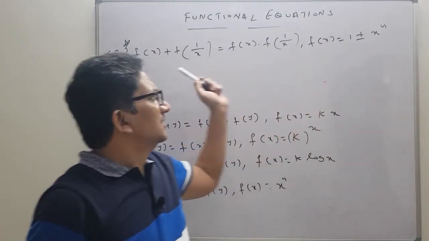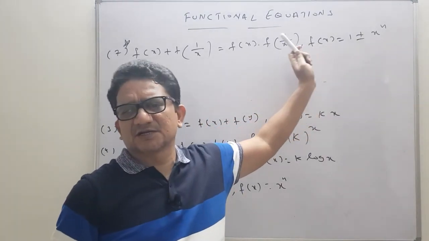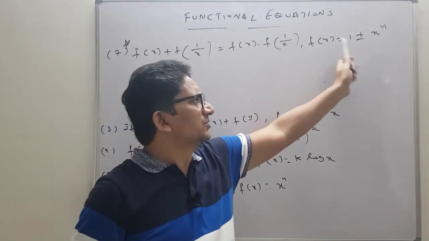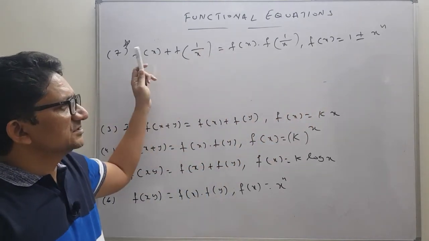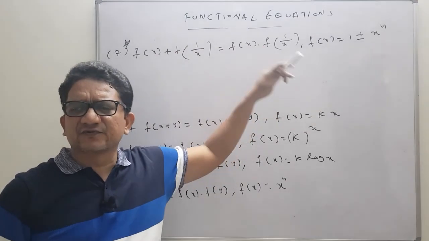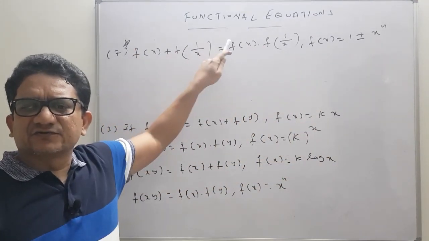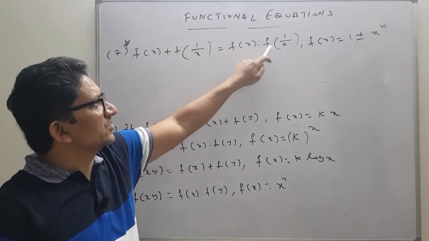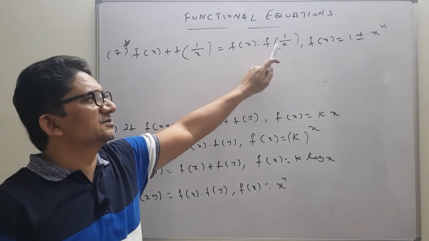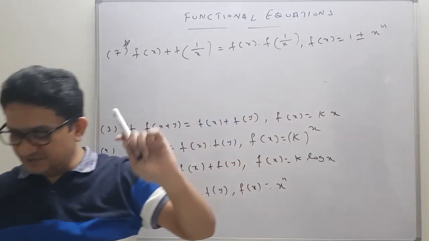Most important property, the proof is not required for us, it takes almost 1 hour to prove this one. That is why I am not going for the proof. I suggest you remember it, otherwise it takes so much time verifying with values. The pattern is easy: f of x plus f of 1 by x, function plus its reciprocal, and on the other side we have the product of those two. Here sum and there product, so f of x equals 1 plus or minus x to the power of n will be the best choice.